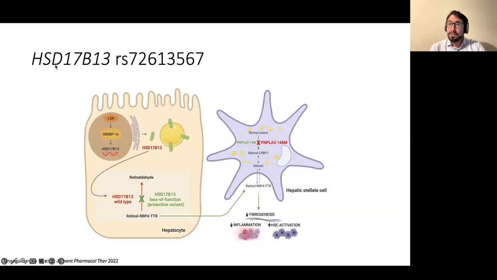Same for HSD17B13. HSD17B13 is a protein that catalyzes the conversion from retinol to retinaldehyde. And when you have a genetic variant in HSD17B13, you have a loss of function of this protein, this enzyme, and retinol accumulates and has protective effects, including on the stellate cells, decreasing the fibrogenic mechanisms, the inflammation, and the activation of the